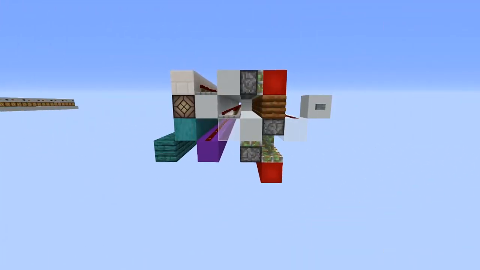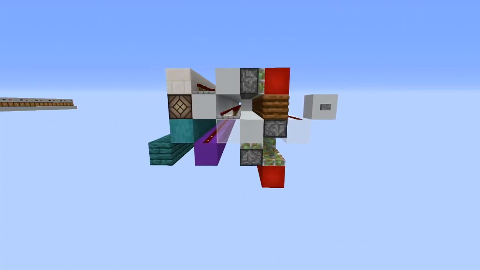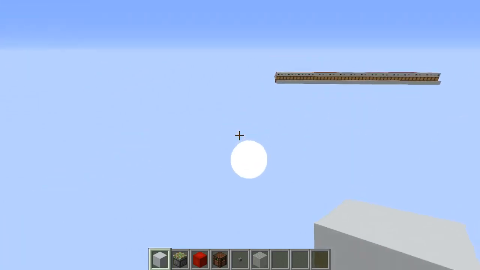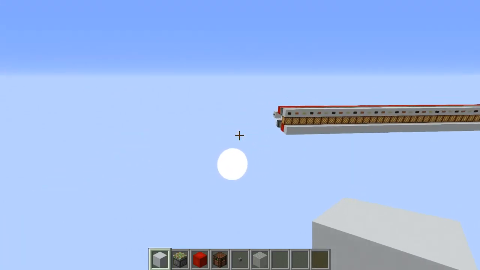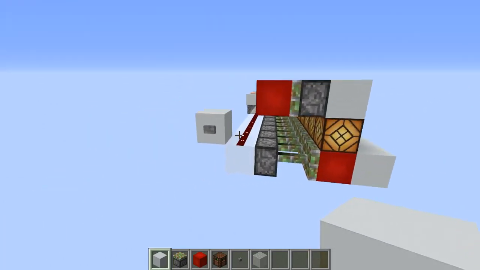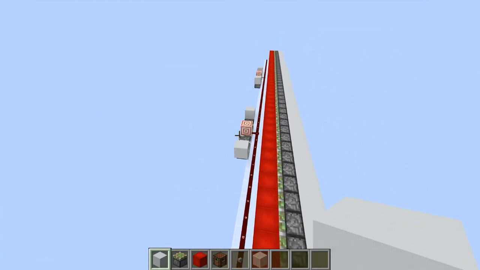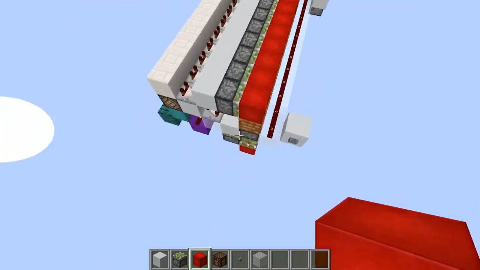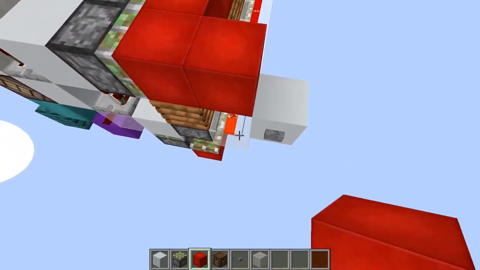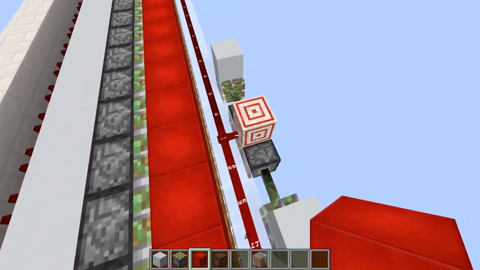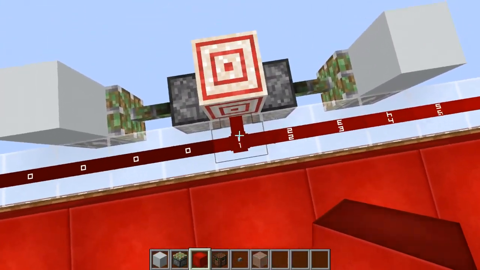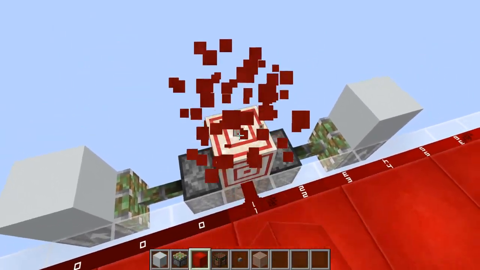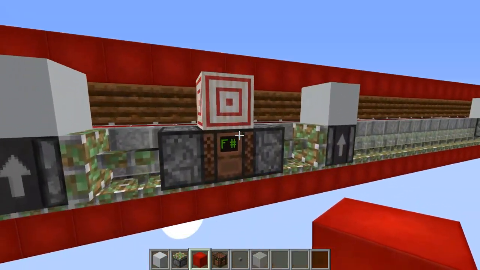I don't think this really requires a tutorial, so basically you can copy this profile, and then you're going to be able to build this selector panel. I can show you guys another shot of this so you know how to build it. And the placement of the updaters is very important here. So the way to do it is you just power this at the very edge in here, and then you follow the signal strength. Once it goes to signal strength level 1, so the last one, so this one is being turned off, is where you're going to build this using the target block, an updater here with the node blocks,